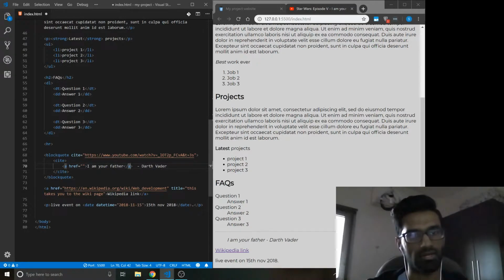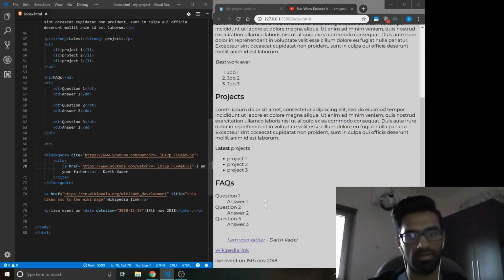So now I am your father will be the link. And we can copy the same cite attribute value as the link value, so that when we click it,